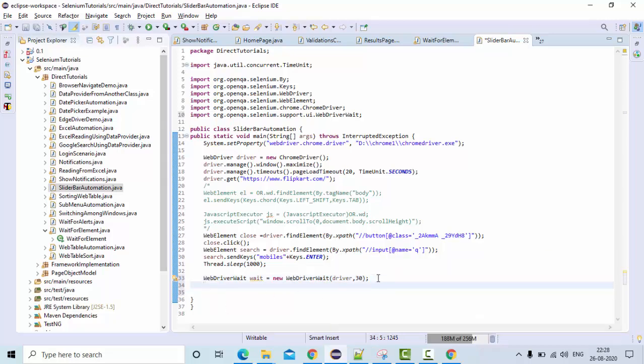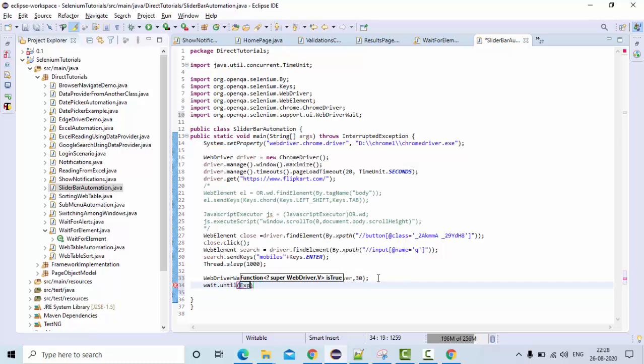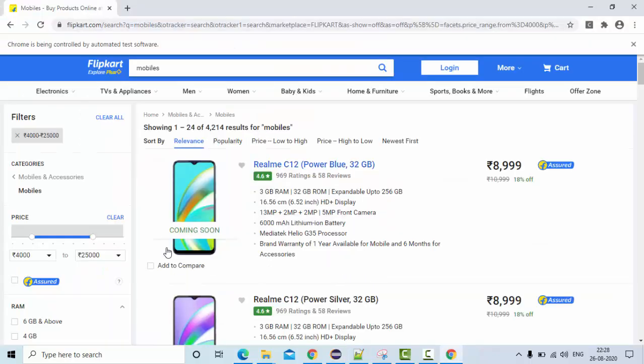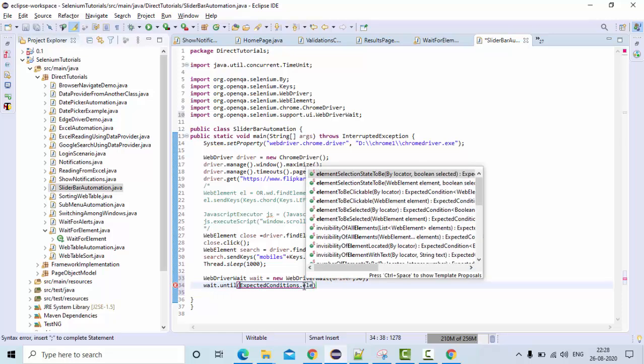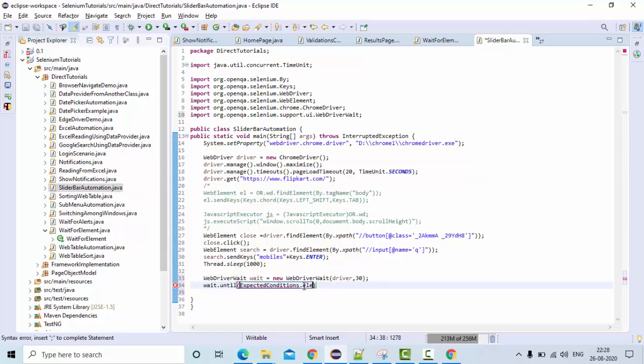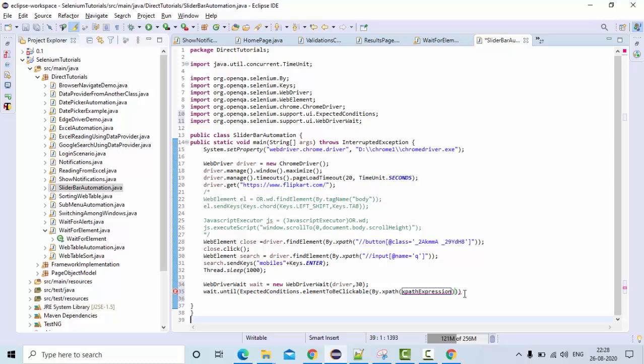Then wait until expected conditions. Expected condition what? I need to click on it in order to drag and drop, right? So in expected conditions I can use elementToBeClickable, by XPath. This XPath that we are going to build now.